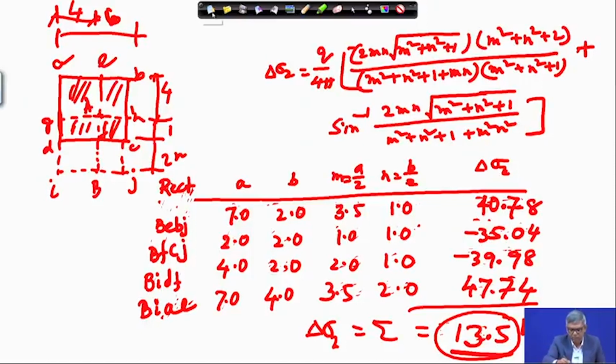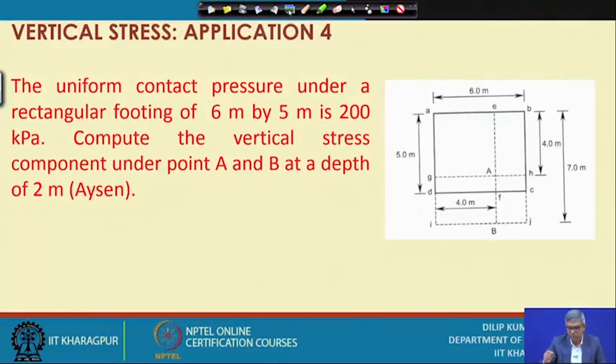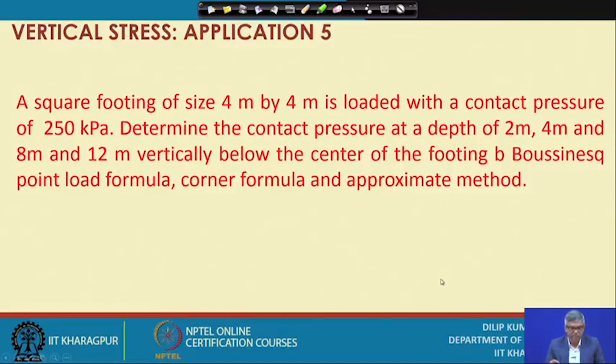Next, let me go to your second problem. This is, of course, as a sequence I am considering. This is application 4, next one will be application 5. This is a simple problem, but we have to do a lot of calculation. A square footing of size 4 meter by 4 meter is loaded with a contact pressure of 250 kPa. Determine the contact pressure at a depth of 2 meter, 4 meter, 8 meter and 12 meter